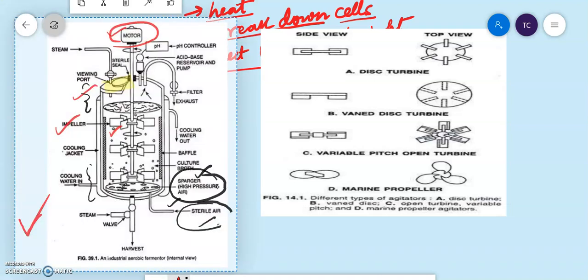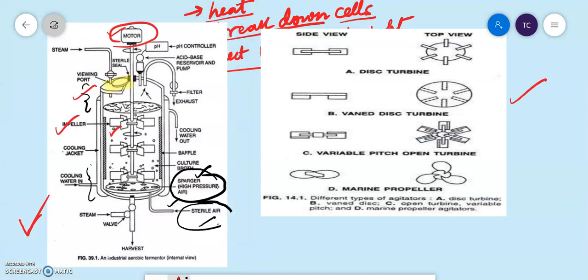You understand that this is basically the view of your different types of impeller. So first I will acknowledge this picture. This is being taken from the book An Introduction to Industrial Microbiology by Dr. P.K. Shivakumar and Dr. M.M. Joe. So this is basically the picture which is being taken from that book and I am acknowledging it. And so these are the different types of impeller.